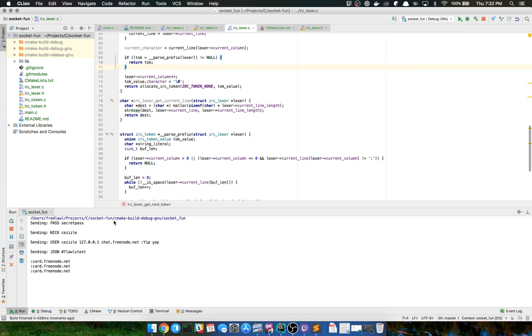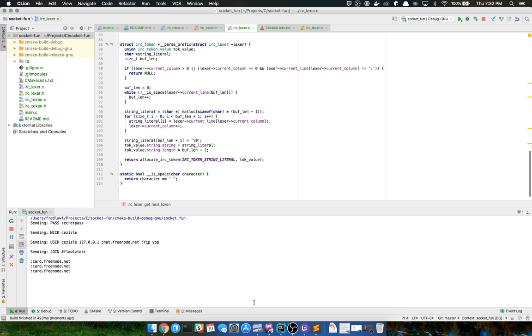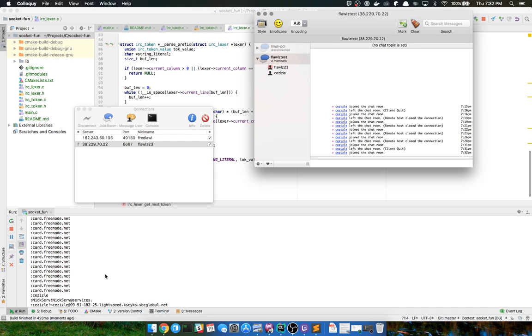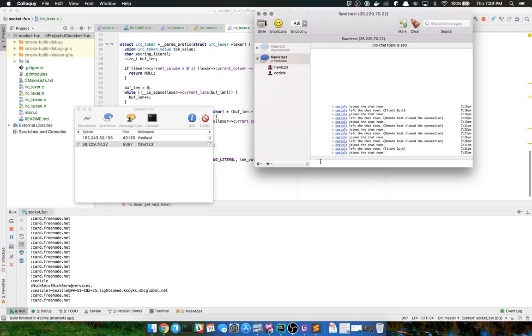Hey, yeah, look at that. We're actually getting some prefixes out. I wonder what else is going to come through the pipeline here. Once the bot actually connects. Oh, I love this. Look at that. Yeah. That's tokenization for you. This is really what it's all about when it comes to doing interpreters and compilers and things like that.